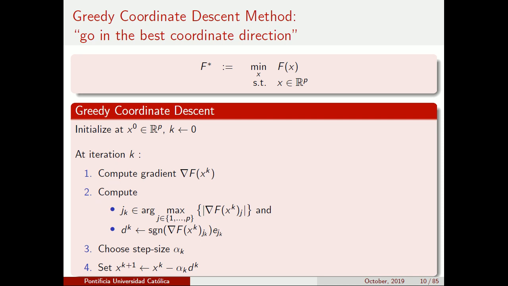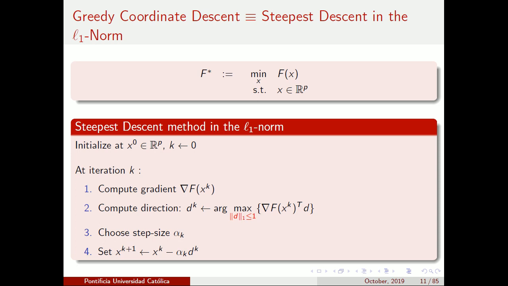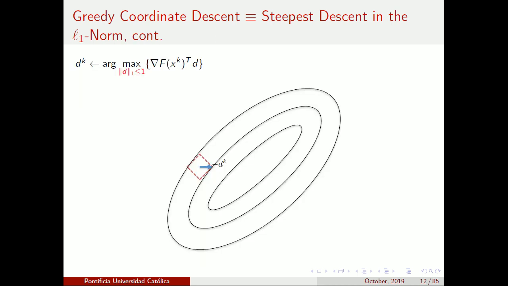There are a bunch of different ways we can choose the step sizes, for sure, but I'm not even going to talk about that. Here it is: here's my current point, and my gradient is going to be pointing... you can think the negative of the gradient is perpendicular to the contours of the objective function, which would be here. The largest component magnitude-wise is going to be the first direction, and the negative of my direction would be going this way.